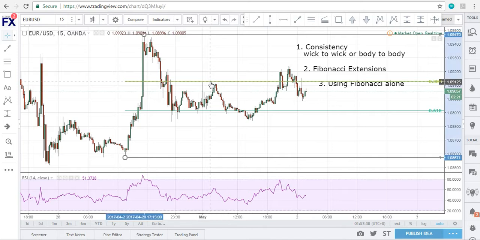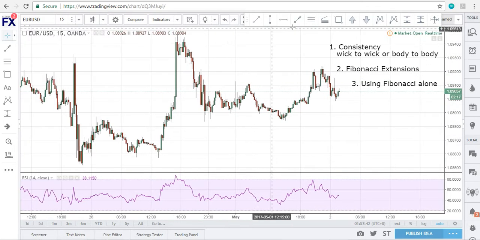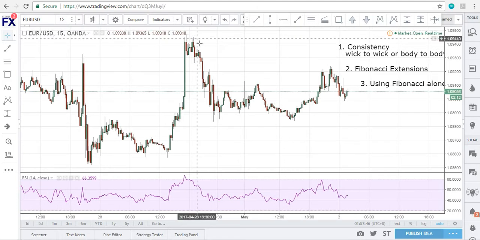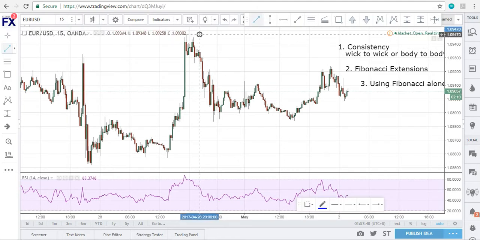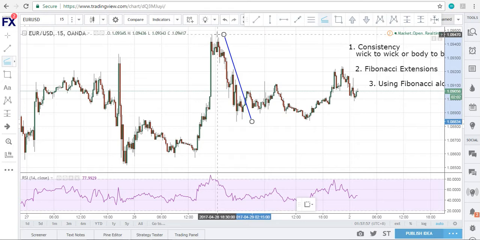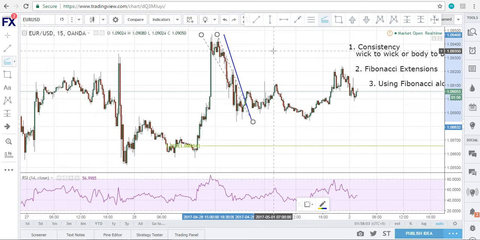The next one is Fibonacci extensions, and I've seen many traders make this mistake. Let's have a look at an extension. Let's have a look at this swing right here, swing high all the way to swing low. Usually Fibonacci extensions are done like this. The right way they're done is if you have a swing high to swing low, back up to your swing high. This is the right way, and the reason why I say this is the right way is because